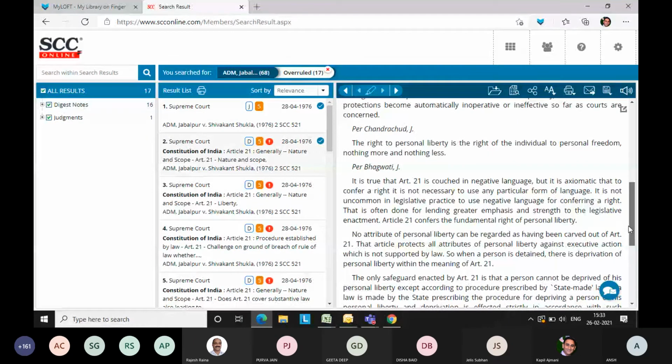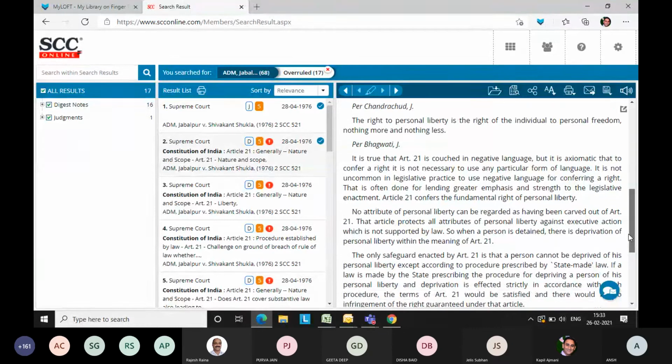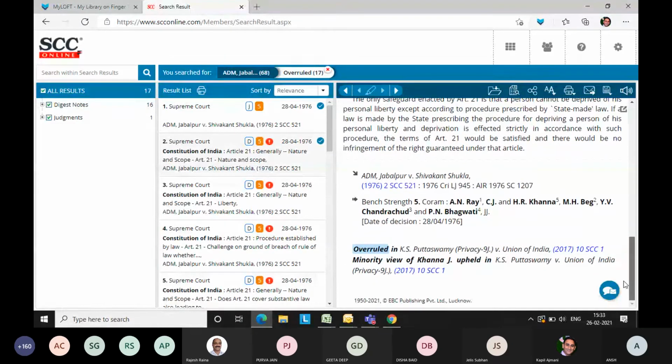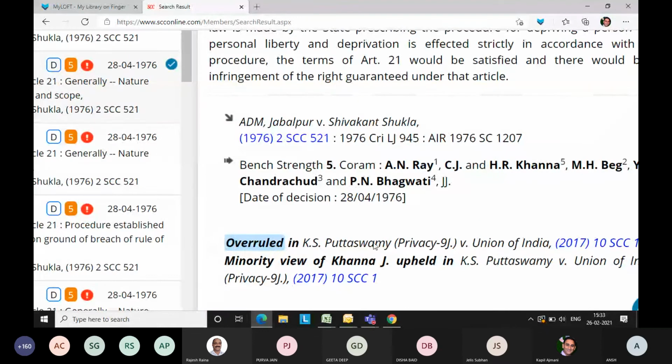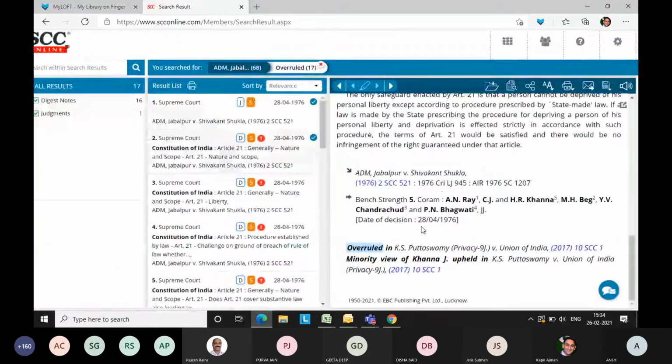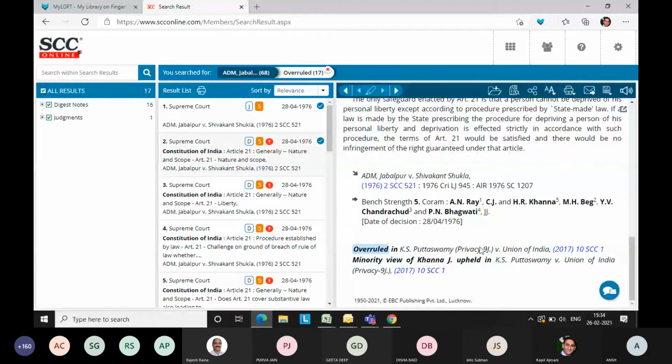And as per Justice Bhagwati, as per Justice Chandrachud, when you scroll down to the footnote, it also mentions in which judgment it has been overruled. It has been overruled in Puttaswamy versus Union of India in 2017, but a minority view of Justice Khanna has been upheld, though this particular law point has been overruled.